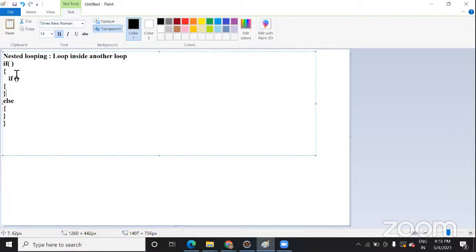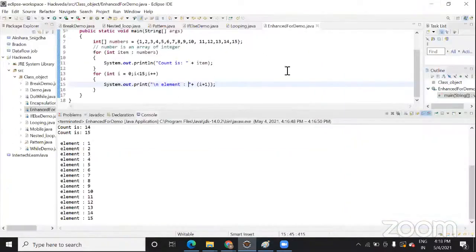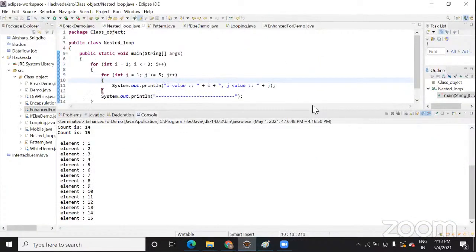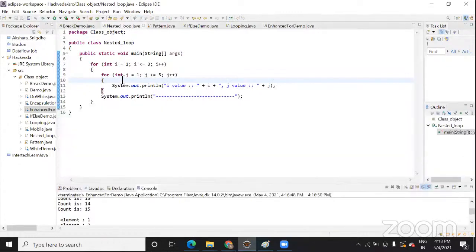Now if you want to loop it, loop means for loop, while loop, do while loop, right? So this nested condition you can bring in a for loop also, or nested while loop, or nested do while loop. Let me show you one example. You can see my screen, right? This for loop, in this for loop, this is called a nested loop, because there is a for loop inside a for.